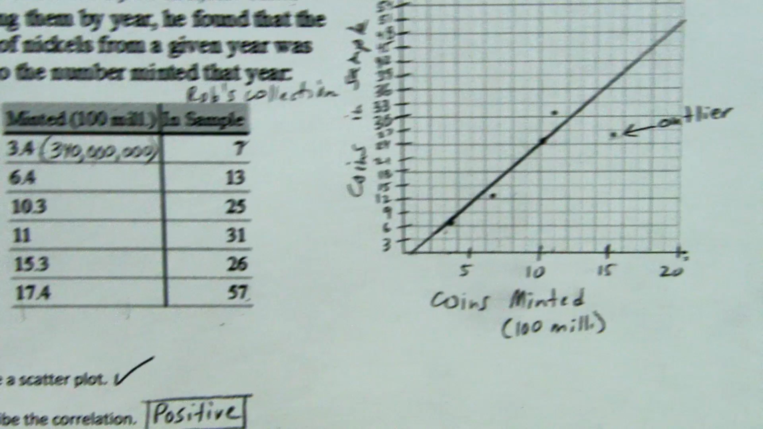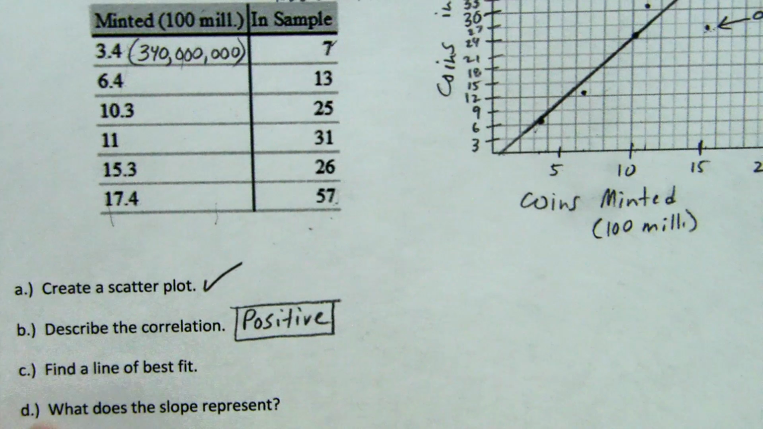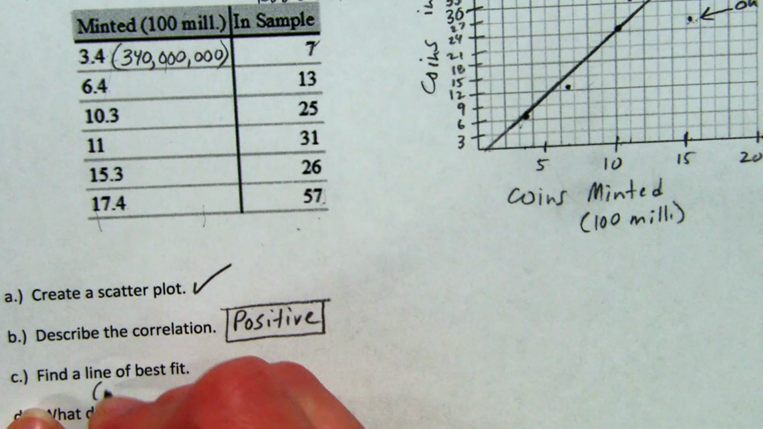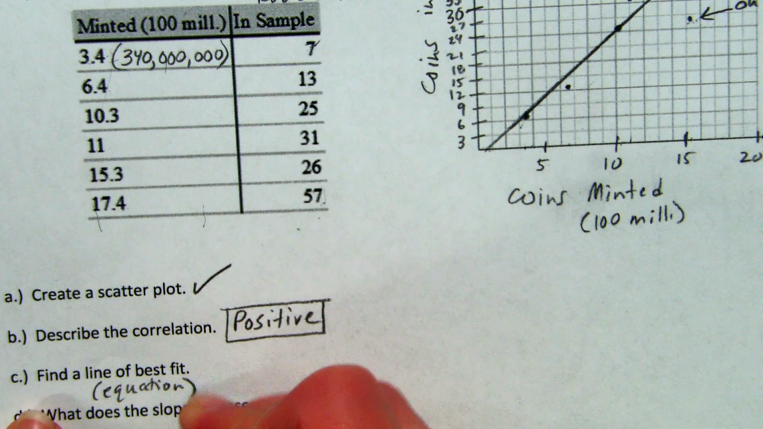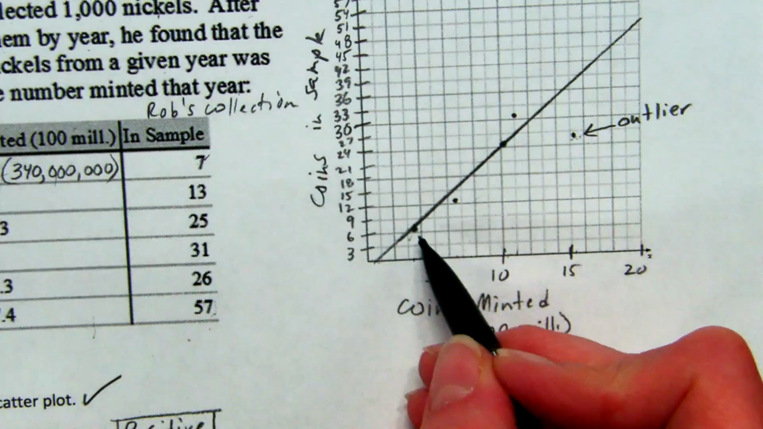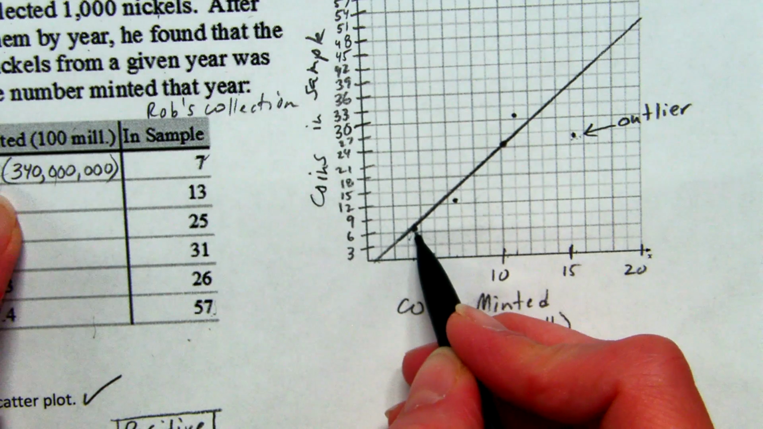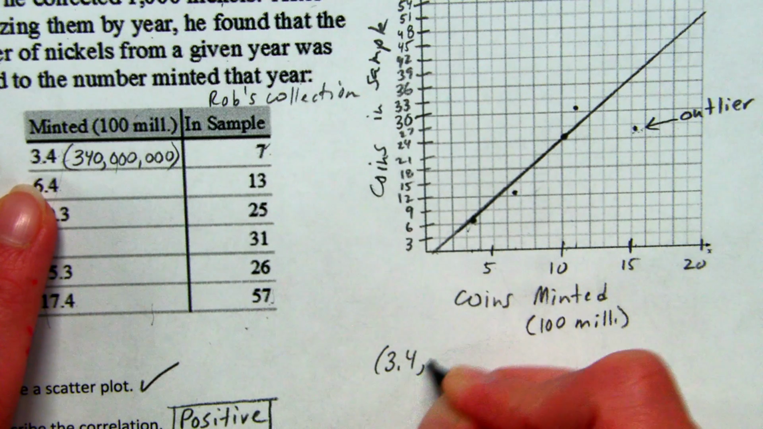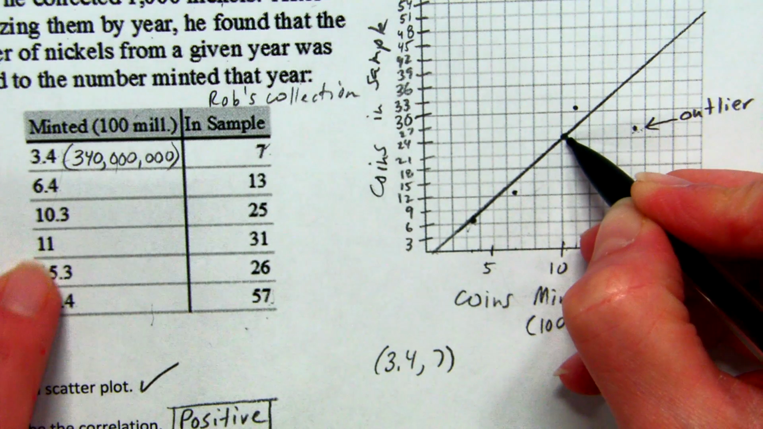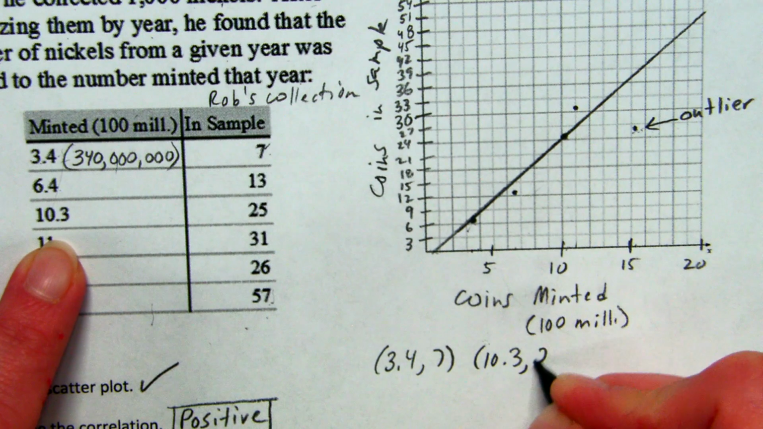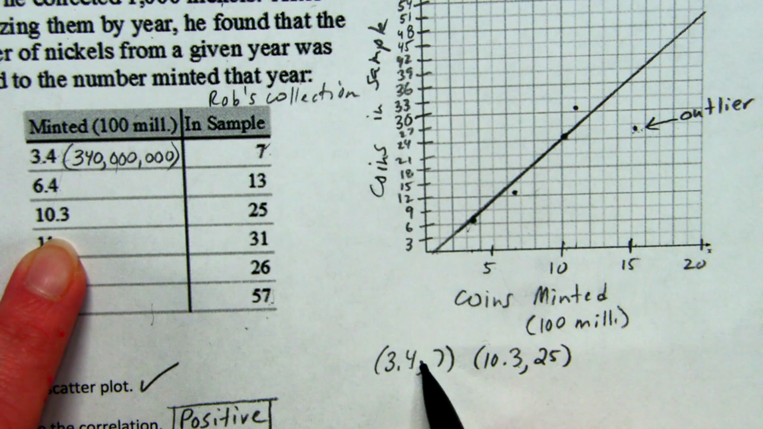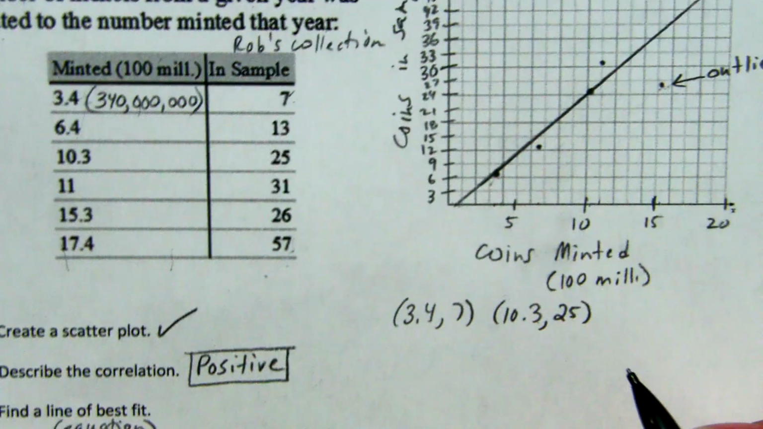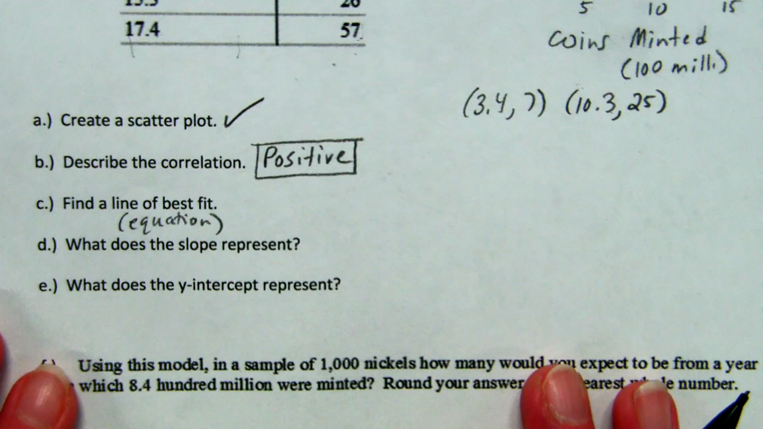So we drew the line of best fit, but now we need to write an equation. It says find a line of best fit. We really now need to write the equation. So the points that we use, this first one was 3.4 and 7. And the second point that we used was over here, and that was 10.3 and 25. Sometimes I'll round those off to make the math easier, but we're just going to use a calculator and it'll be fine. So to find the line of best fit, the first thing we need is to figure out the